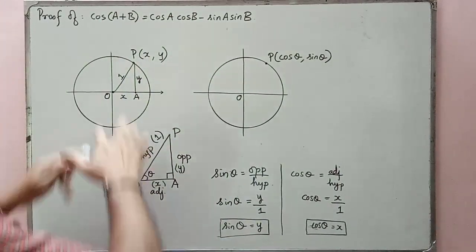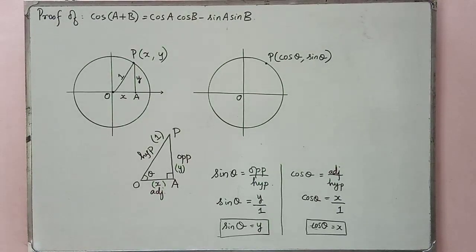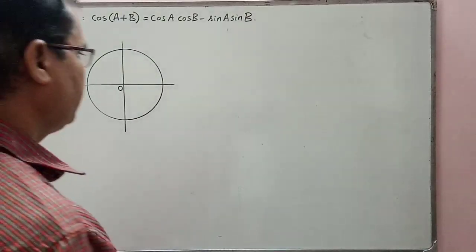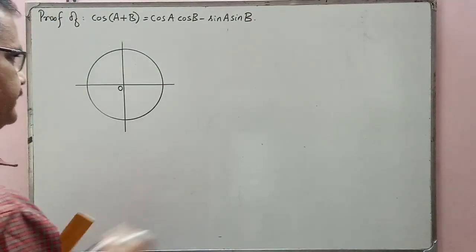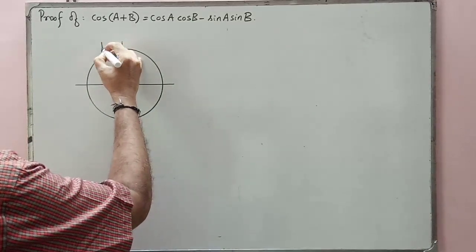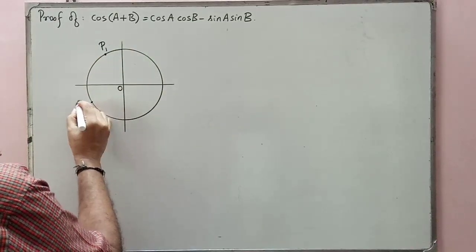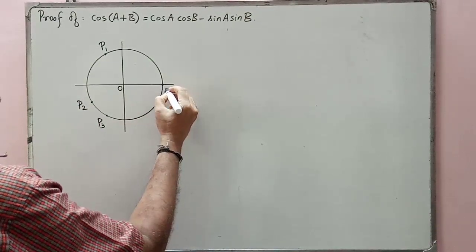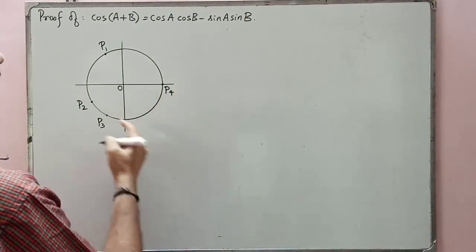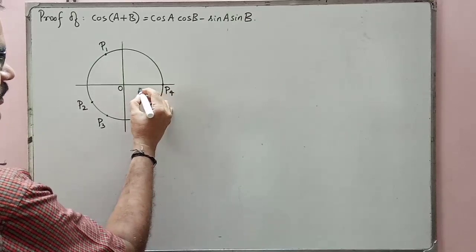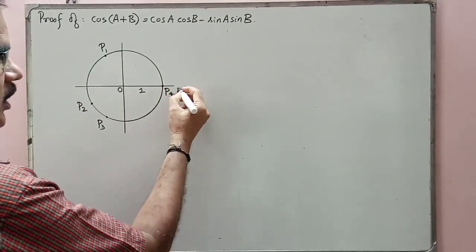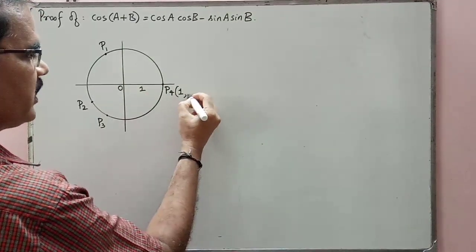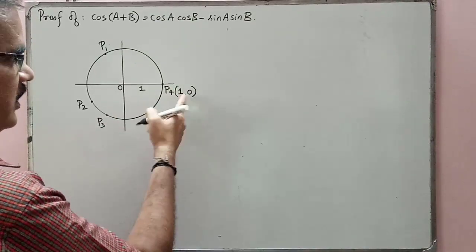Okay, children. Let me draw the circle. Now, the same unit circle is drawn here with an origin O. Now, we are going to mark 4 points: P1 and P2 in the second quadrant, P3 in the third quadrant, and a point taken on the axis. We know this is a unit circle, its radius is always 1, so this is going to be 1. If you want to write the coordinates of P4, how will you write? We don't have a y here, so we will mark it as 1, 0. It's an intercept, right? 1, 0.